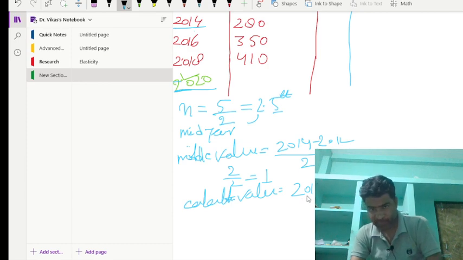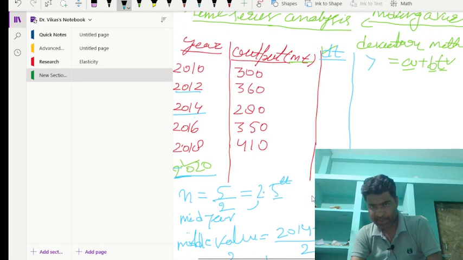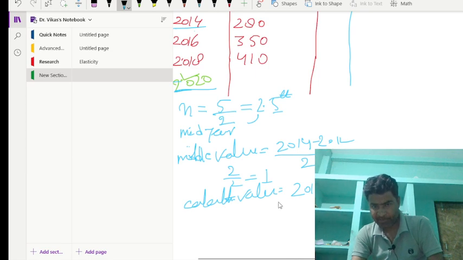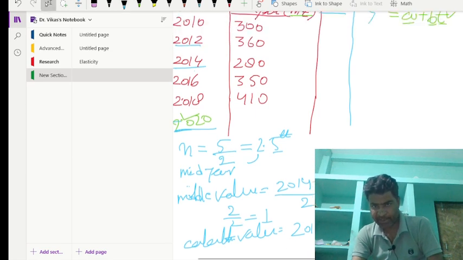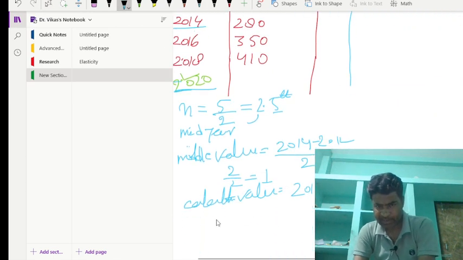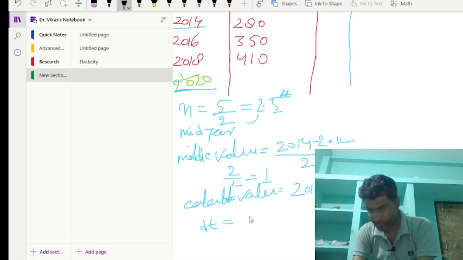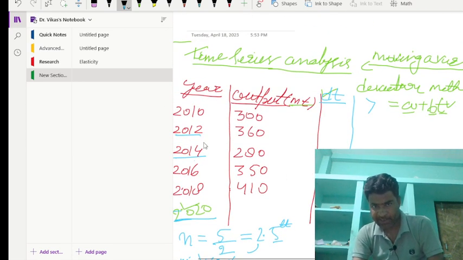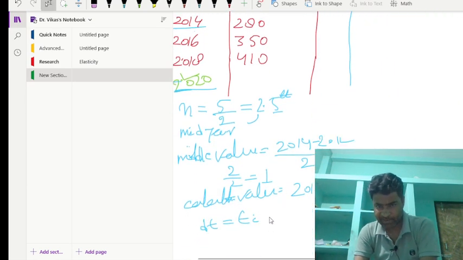Now we can calculate the deviation by taking the mid value of the year 2050. We will use dt is equal to ti, where ti is each year's time period observation, minus the mid value, divided by